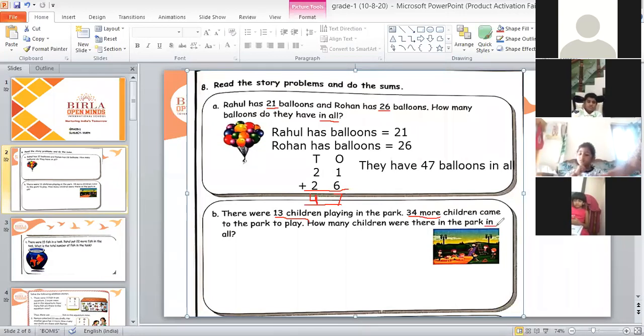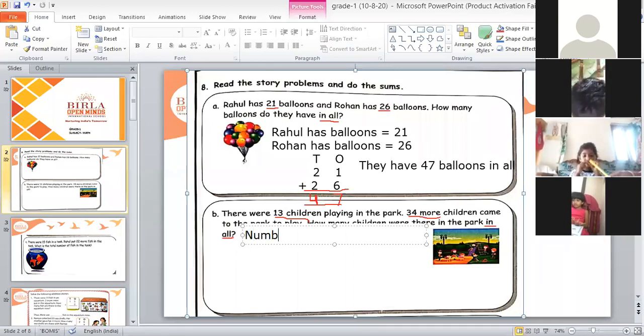Again, you all can see here, the last word is 'in all'. This means again you have to add these two numbers. Okay. So now what we will do, we will start writing the statement again. Statements we all get from this question only. So you will write here